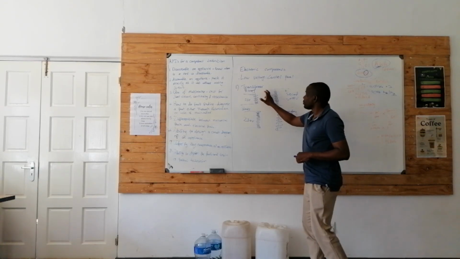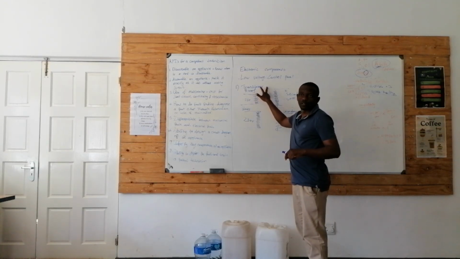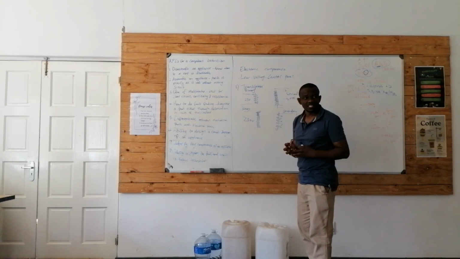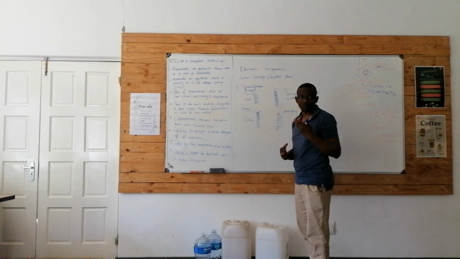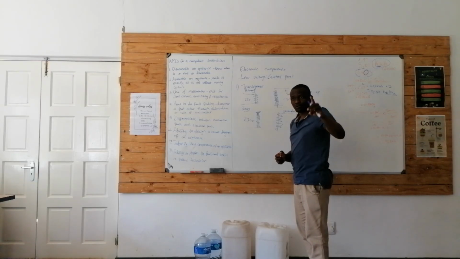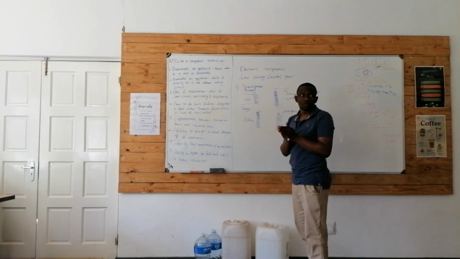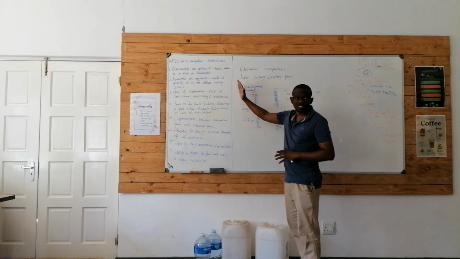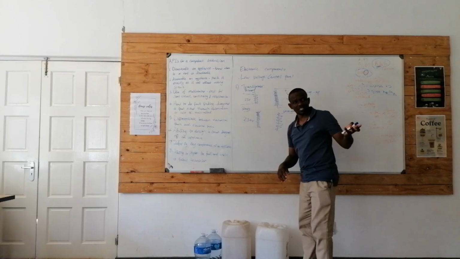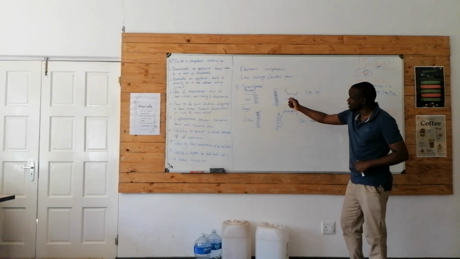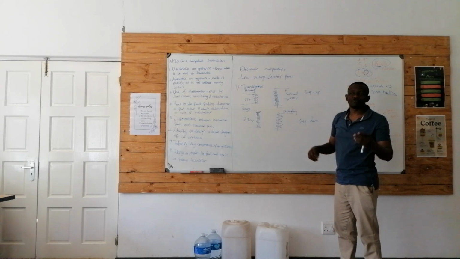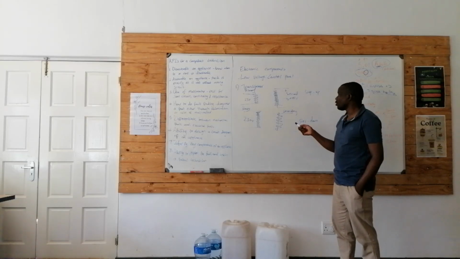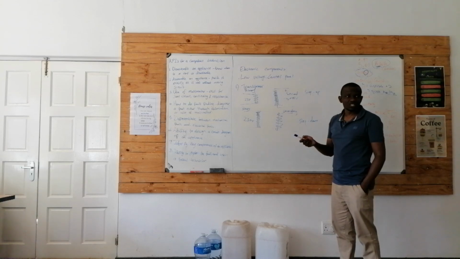So we must know what a transformer looks like. They differ, but the function is the same. It's either a step up or a step down. Inside the microwave, we're going to see two types of transformers. There's a transformer on the high voltage side and a transformer on the low voltage side. You may find that the transformer on the high voltage side uses about 5,000 to 6,000 volts. And then the transformer on the low voltage side, which is the control panel,